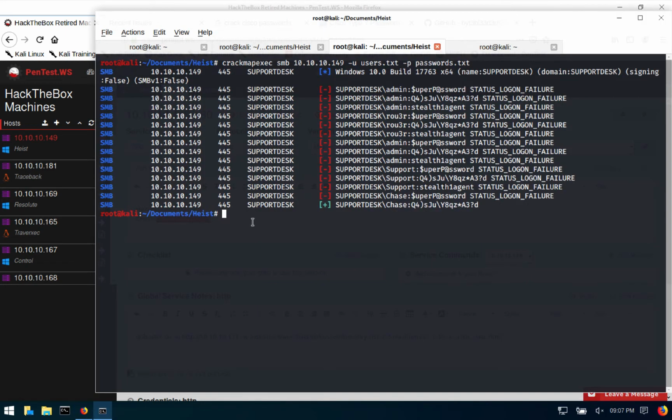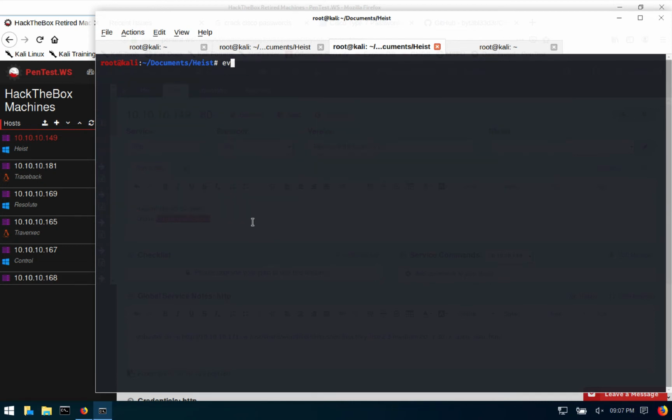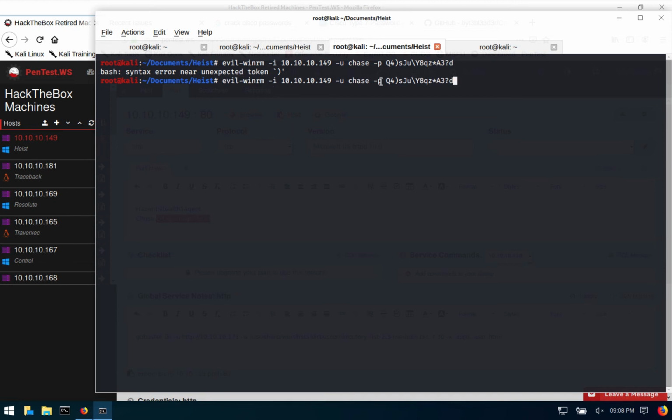All right, so let's go ahead and clear the screen and call evil-winrm like this. Okay, I have a problem. My password contains special characters, so to get around that, I put that. Now it accepted it, and we're in. In here, first thing that I want to go for right away is my flag. If it's not in Chase's, it's in Jason's, but